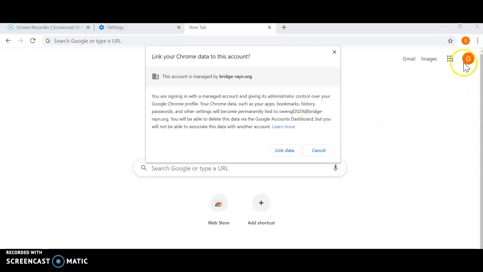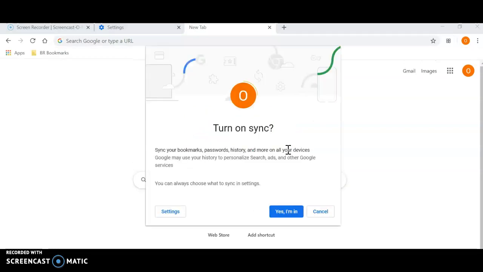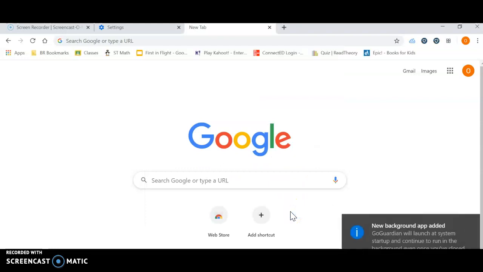So you'll notice up here, his icon comes up here, and it comes up here in the browser. So he's logged in here, and he's logged into the browser. And I'm going to hit link data. This is going to pull his data from his school account right onto his home device. And this is great for bookmarks and also for extensions. So you'll notice